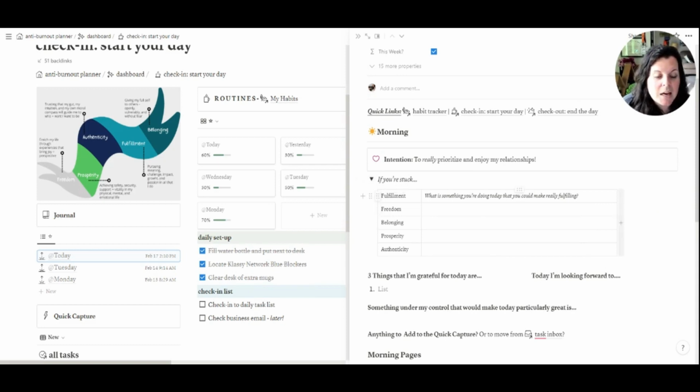And what this can serve as, and I'm slowly filling this in with trigger questions that can help me. What this is meant to do is, if I'm stuck coming up with an intention for the day, I can expand this and tie my intention to one of my core values, and use the questions over here to help me think of an intention for that particular day.